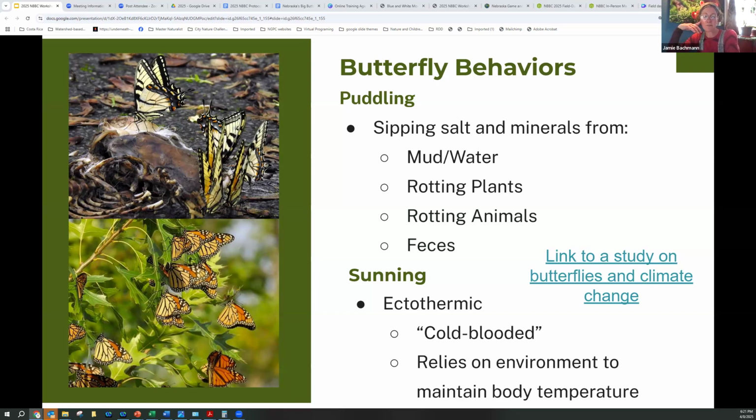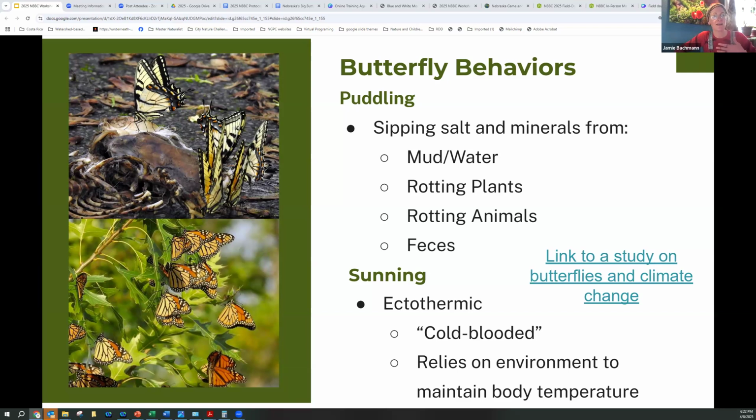Some butterflies have the ability to maintain body temperature over a wide range of temps, and it varies based on families. So some species or families are more vulnerable to climate change because they don't have that ability to regulate their body temperature as other families do.